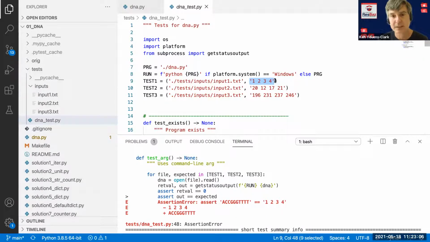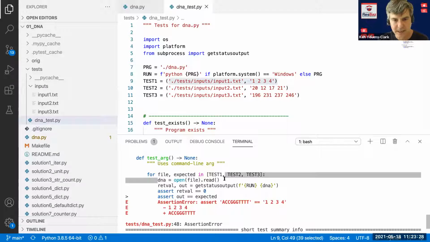And I hope it does seem simple, because at its essence, testing is very simple. You run your program with known input and you verify that it creates known output. That's all there is to it. So if I give this input file, I expect this output. And what's going on here is that I have this file and this expected value.